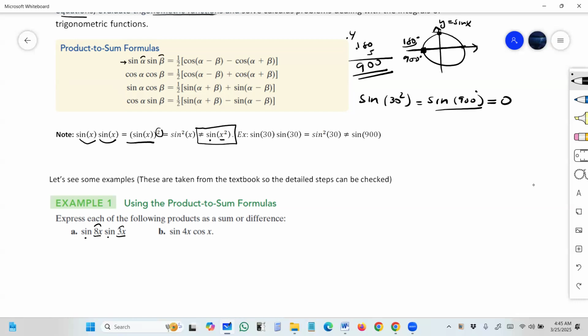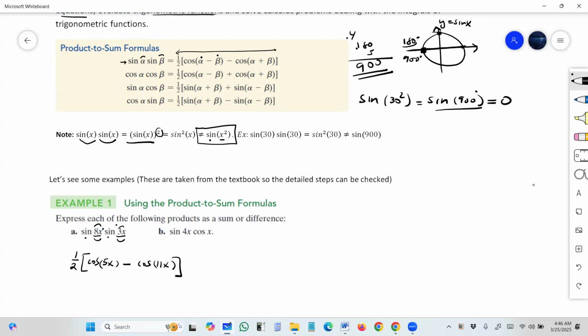And then all I have to do is apply this formula right here. So this would be 1/2, cosine of alpha minus beta, cosine of 8x minus 3x, this is 5x, minus cosine of the sum, so 8x plus 3x,